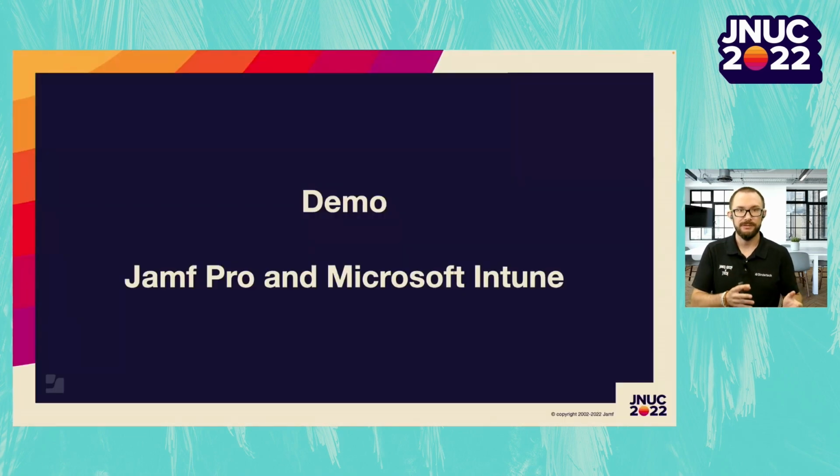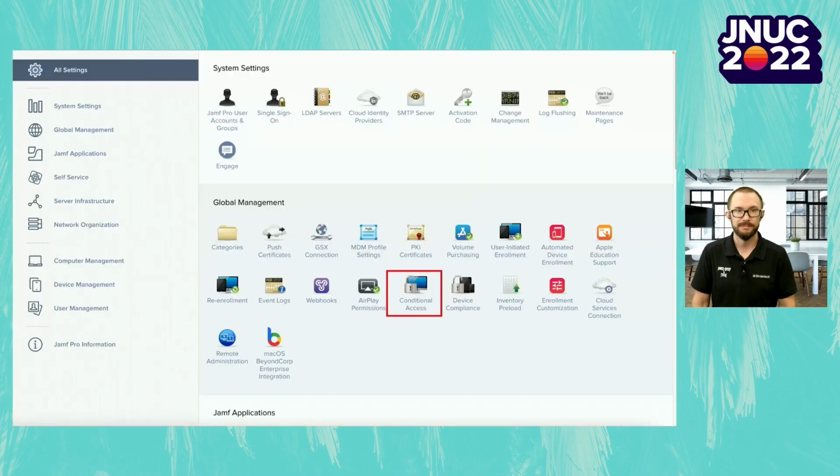So next up is a brief walkthrough of the configuration you need to complete before Jamf Pro will start to communicate the compliance state of a managed macOS or iOS device to Microsoft Intune. So within the Jamf Pro console, you head to Global Settings, and you start with Conditional Access. You can also see that we have device compliance, and that is for iOS, and it follows a similar pattern that we will show now when we focus on macOS.